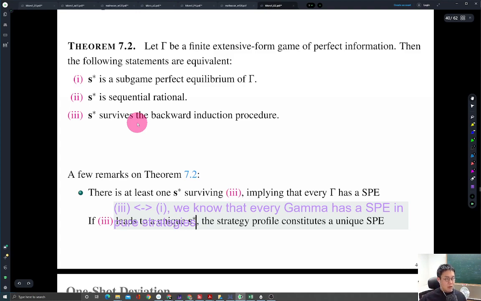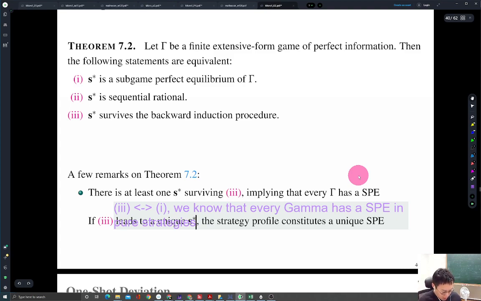And using the equivalence between 1 and 3, we know that that strategy profile is a subgame perfect equilibrium. That ensures not just existence, but existence of SPE in pure strategies. So that is much stronger